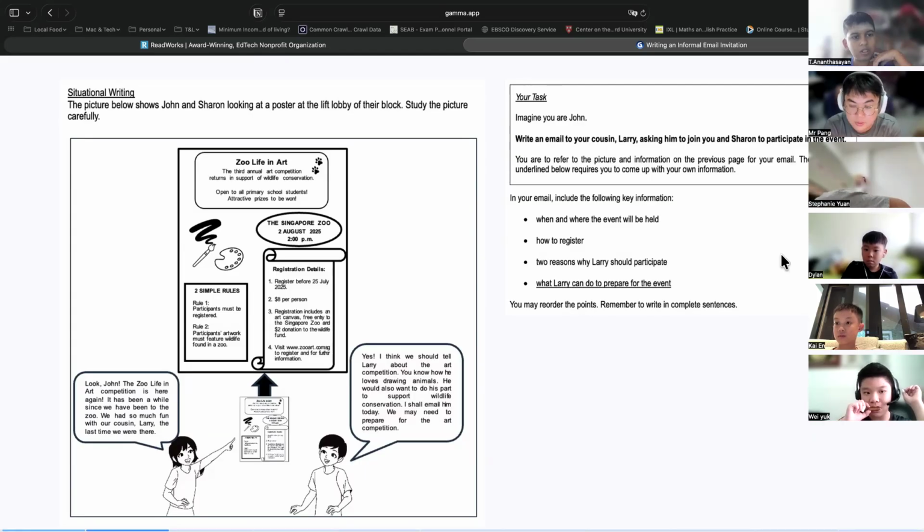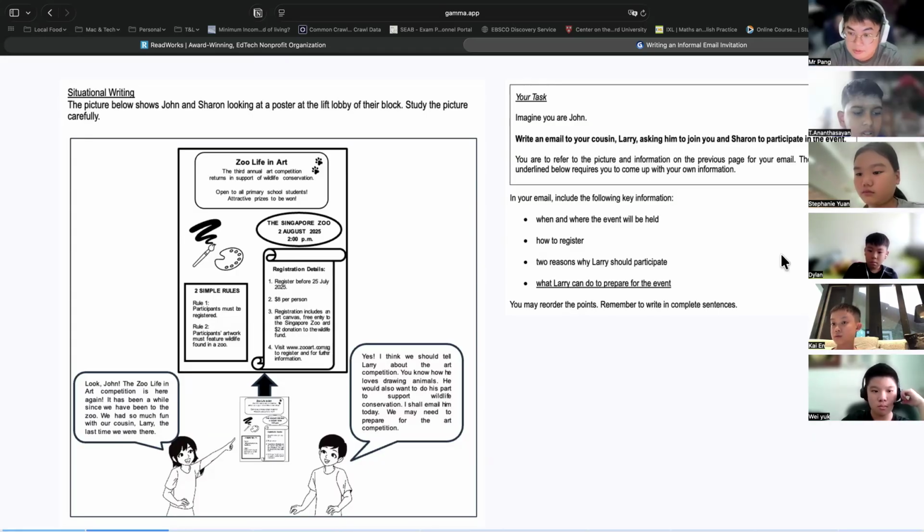Anand, did you want to say something? Yeah, like we can search in Google to see artists painting animals. All right, you can search online for examples, okay? Good examples of animals that are drawn to learn the technique or to improve your skills in drawing the animals. So it's either going to be about improving your skills or it's going to be about preparing yourself by deciding which animal you want to draw. These are the two main avenues that Larry can pursue to prepare himself for the event.